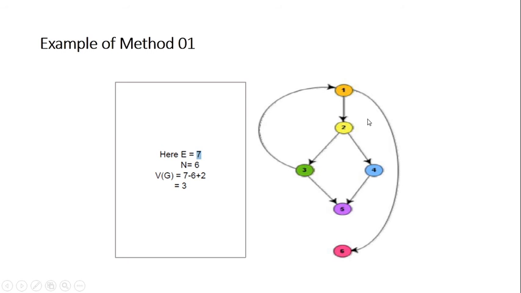Right? What will be the 3? Where you have one new node or one new edge introduced. So the first path will be directly 1 to 6. This is one linear independent path. The second linear independent path will be 1, 2, 3, 5 and 6. So 3 is the new node introduced here. And 1, 2, 4, 5, 1 and 6. 4 is the new node introduced here. So ultimately 3 linear independent paths will be there.